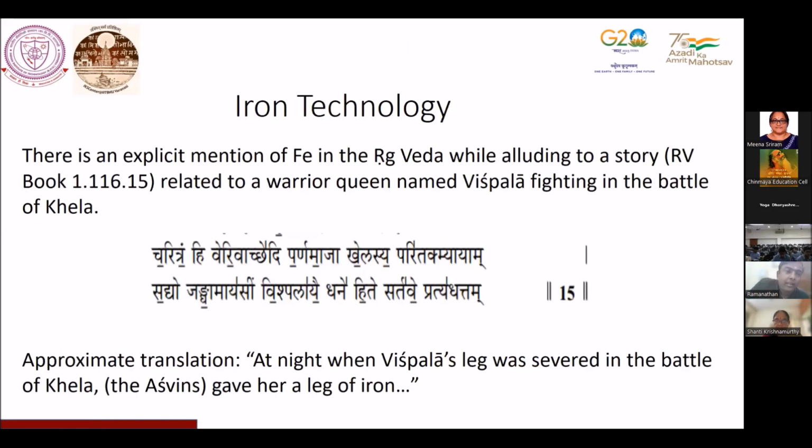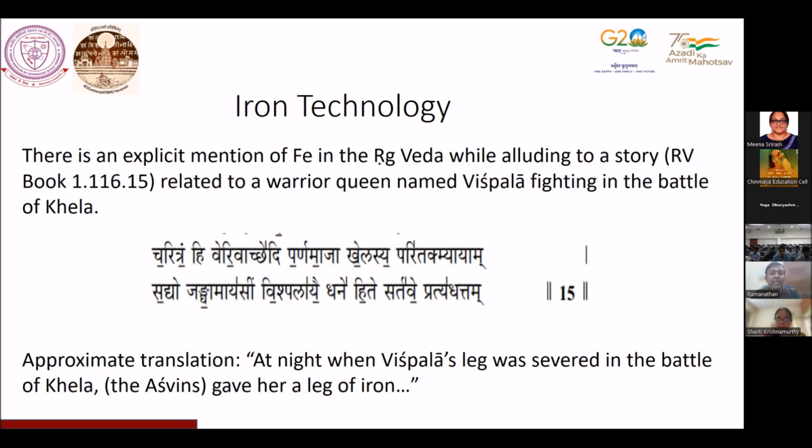But very interestingly, there is a description of iron in the Rigveda. The Rigveda has this verse, where I will just read the second line especially: Sadhyo Jangam Ayasin Vishpalayai Dhane Hite Sartave Pratyadhattam. So here, the context, the background behind this verse, is that a battle is being described. Now, in that battle,